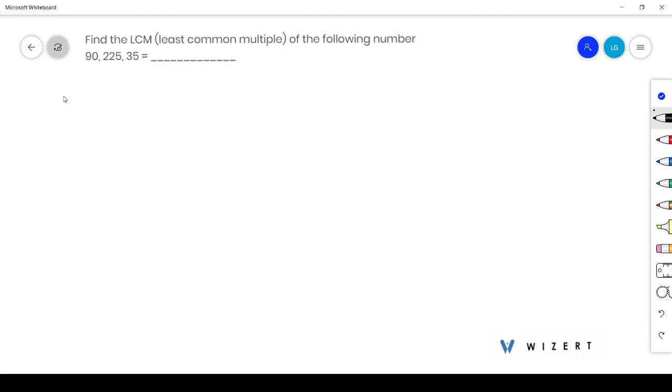Our question is, find the LCM, means least common multiple, of the following numbers. We have to find the LCM of 90, 225 and 35. Now, let us first find the prime factorization. So by prime factorization